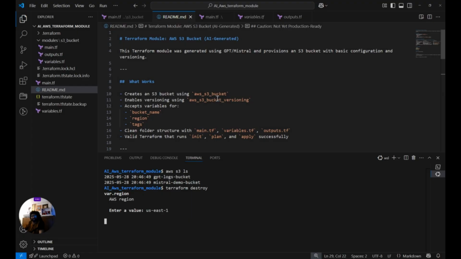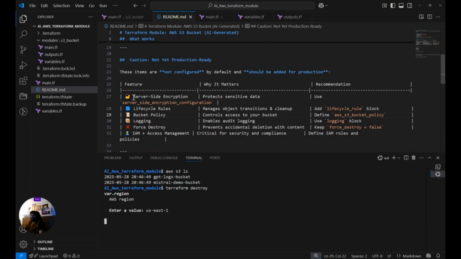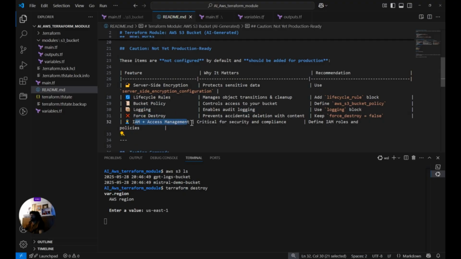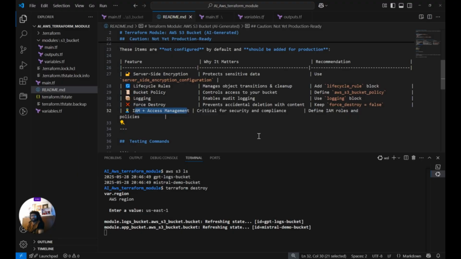But this is not production ready, not yet. AI doesn't automatically secure your resources. Here's what's missing and you must add it manually: server-side encryption, lifecycle rules, bucket policy, logging, force destroy, IAM access management. These are missing for production readiness. According to your company policies, you are going to update or add these. This is just one way GPT or Mistral can supercharge your DevOps workflow, but only if you combine it with